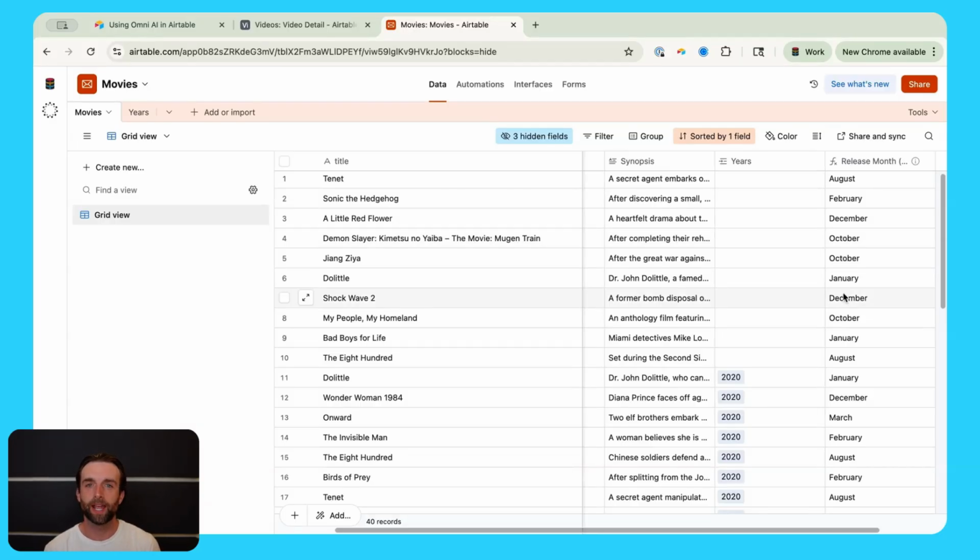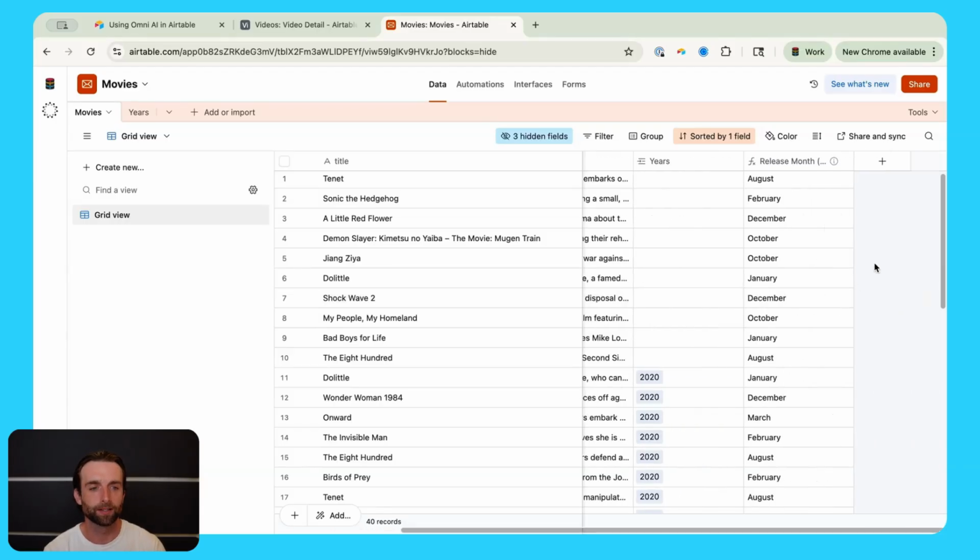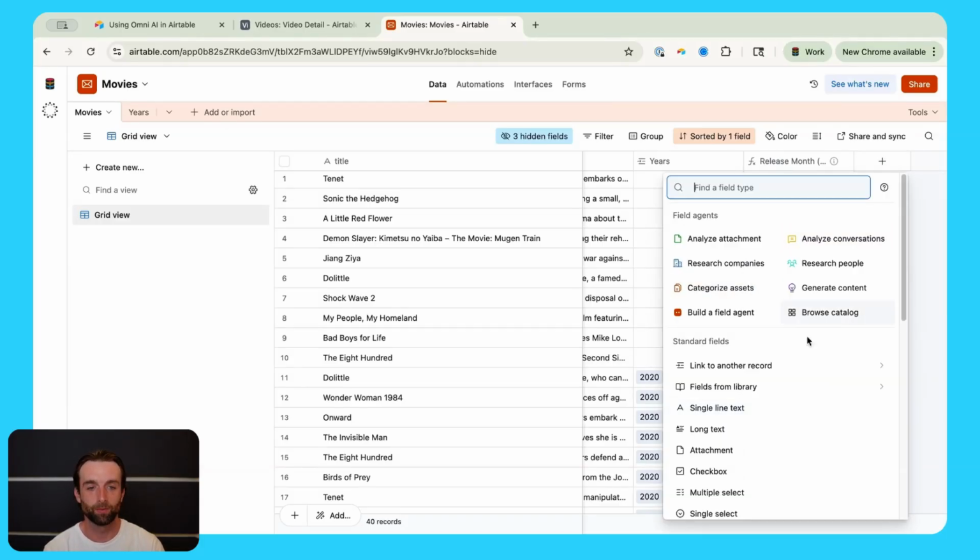All right, next up is AI agents. And I've actually created a separate video that you can watch specifically on creating field agents for tagging single and multi-select field types. I'm going to go through here and talk about all of the different field types you can use with AI. So if I go ahead and click plus,